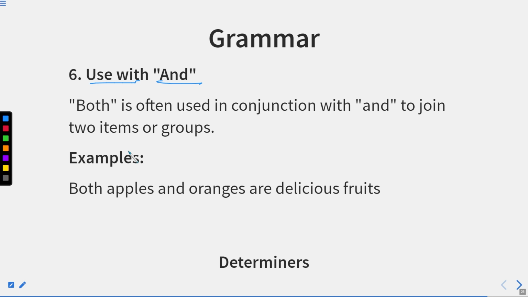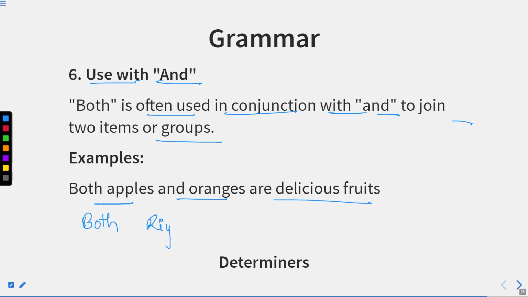Use with and. Both is often used with and. Now if we talk about the pairs of conjunction, both is always paired with and. We cannot say both as well as. No, both and. Often used in conjunction with and to join the two items or groups. Both apples and oranges are delicious fruits. We cannot say both